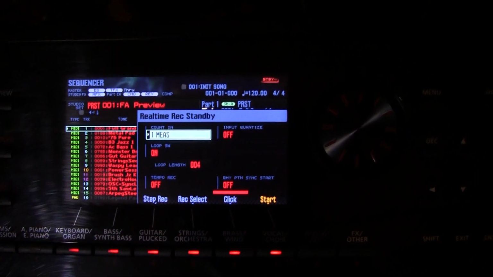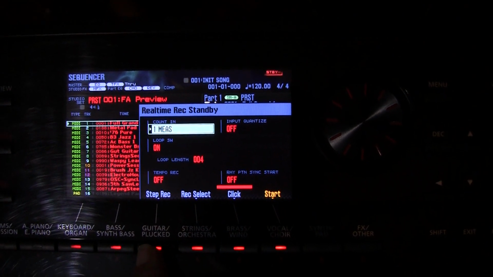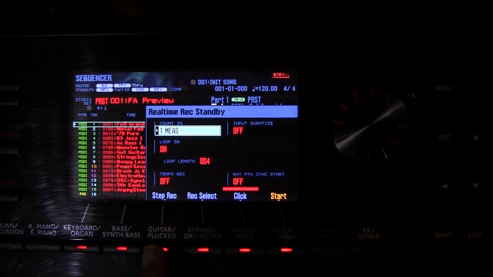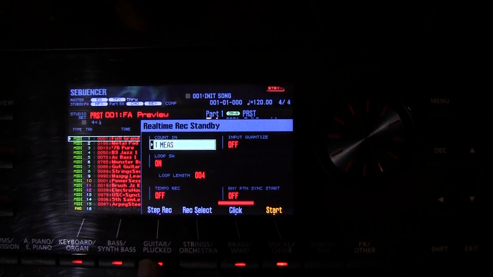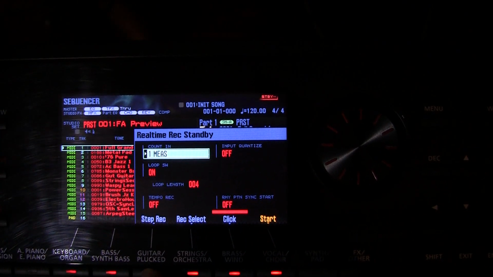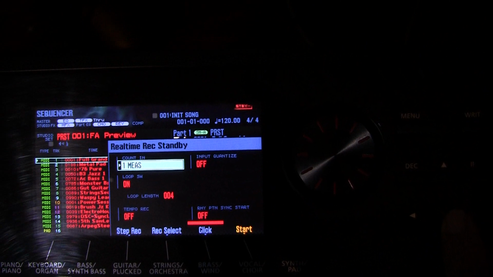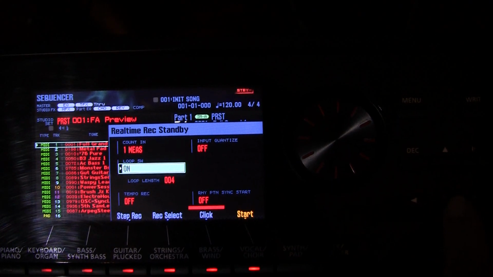And as you can see, one of the options at the bottom of the record setup screen is step record. You still have to make sure you have it set up the way you want here before going to step record. So we're going to turn loop off, loop switch off,